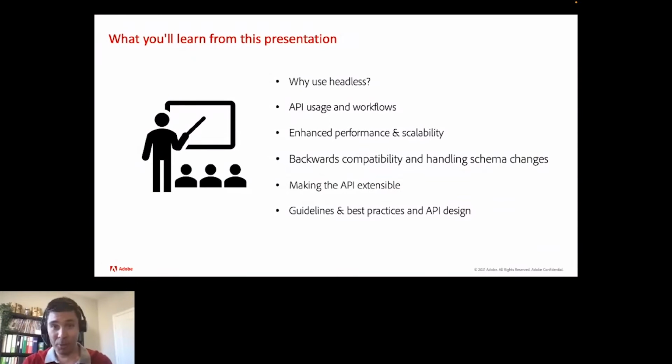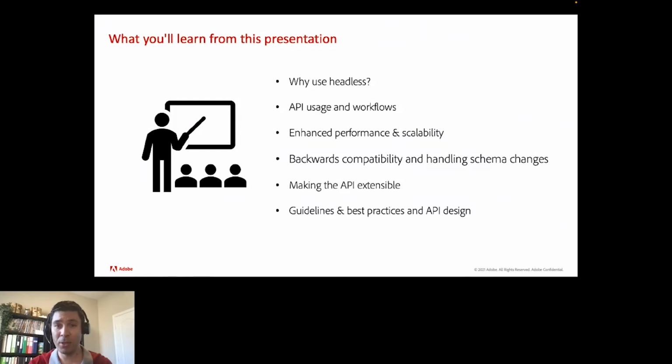So let's see what we will learn in this presentation. I've composed a mix of the why and the how, and we'll also take a sneak peek behind the curtains to see how we're conducting this internal development. We're looking at why is headless developer architecture so appealing, and why headless commerce, right? As developers, it's important to know why we're doing this. It is also more apparent for me as a product manager or for a business, but it's also very appealing for a developer, and I'm going to explain to you exactly why.